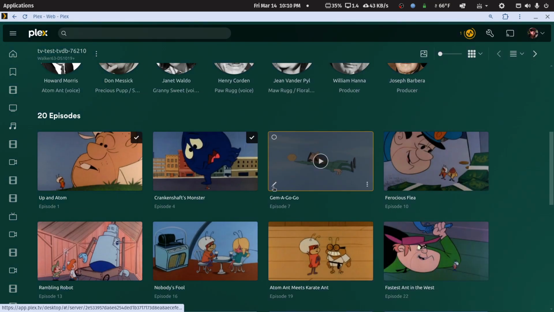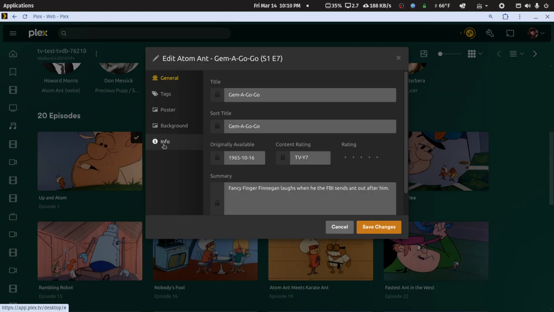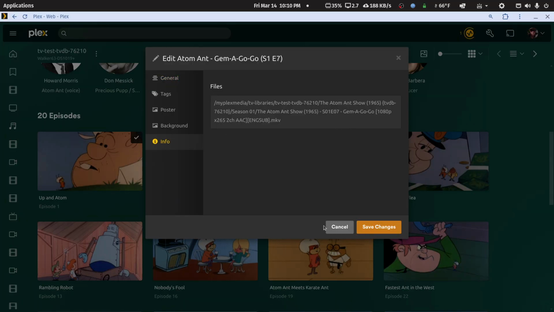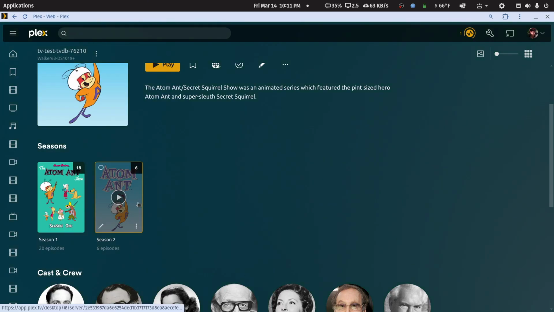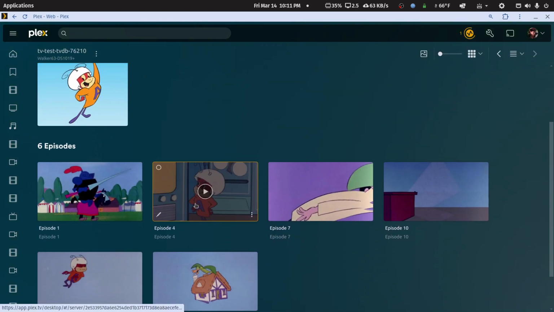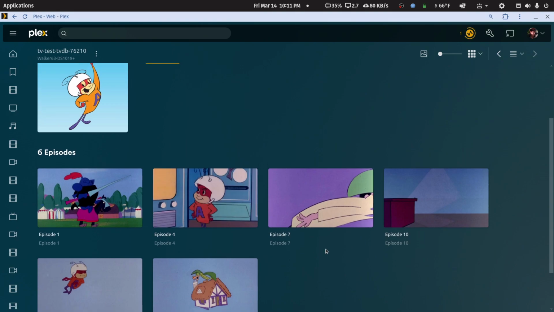So this is a partial success, because now the episode names match up for some of them. But because 6 of the files are named for season 2, these are just unknown. They're unable to pull metadata. So